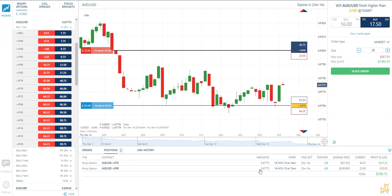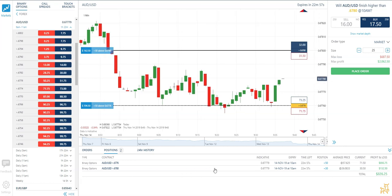We might go ahead and close out the 67.80 as it gets a little bit closer into profit here, just because price is not acting accordingly to price fluctuation on the chart, and that sometimes happens. I think we're starting to see that now, so we're going to go ahead and close this one out for the little bit of profit that we have, and then we'll keep the